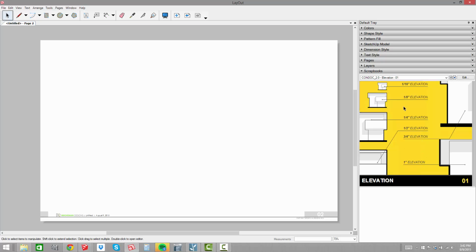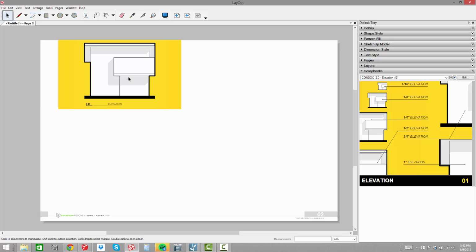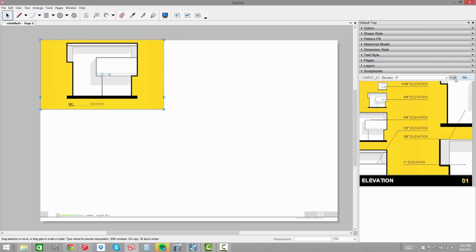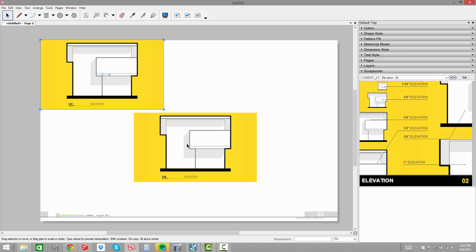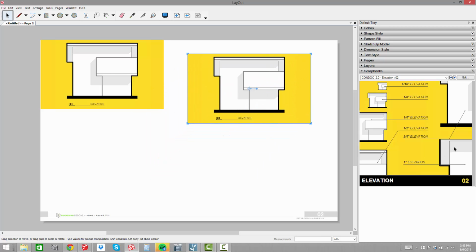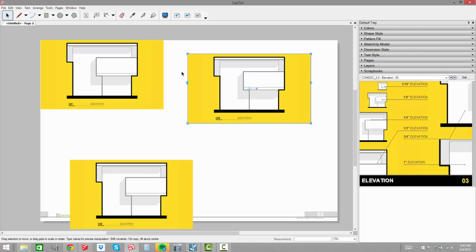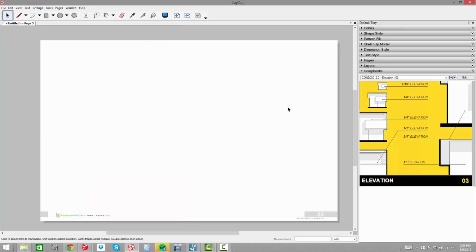So elevation 1, let's work at, I think I want to get everything on this one page. So I'm going to work at 1/8 inch scale. So I'll drop that on there. There's an 1/8 inch elevation 1, and then we're going to drop 1/8 inch elevation 2, and we're going to drop 1/8 inch elevation 3. Alright, so we've dropped all those in, and let's add one more page, and we're going to do an enlarged